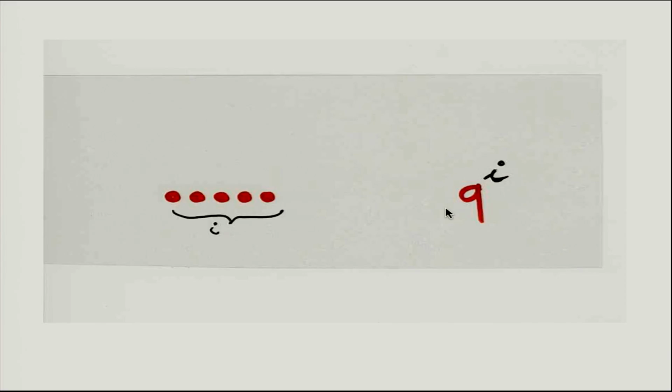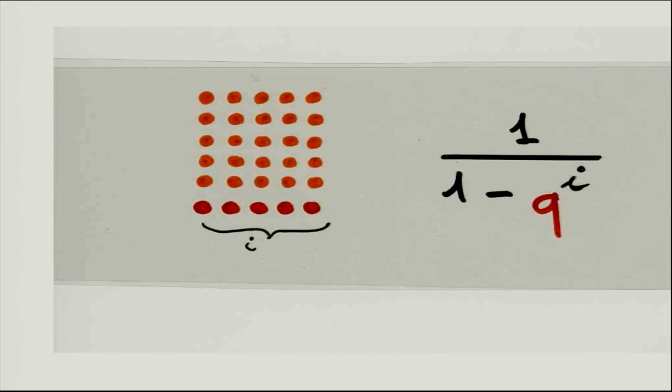Now I am making a rectangle with i columns. What is a rectangle in the Ferrers diagram with i columns? It's a sequence of rows of the same size. There is a lemma in the symbolic calculus which tells you that if I have the generating function of an object, like q to the power i, then the generating function of a sequence of the object is 1 divided by 1 minus the generating function of the object. So that's 1 divided by 1 minus q to the i.